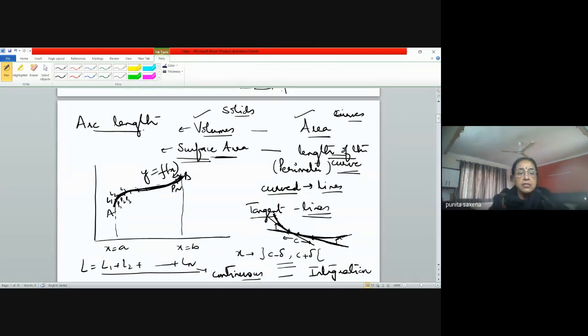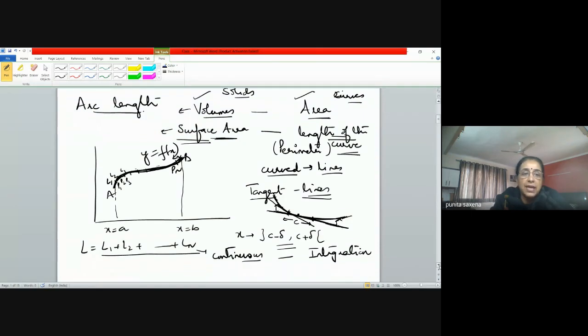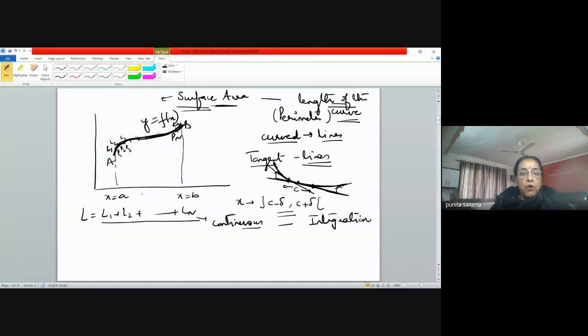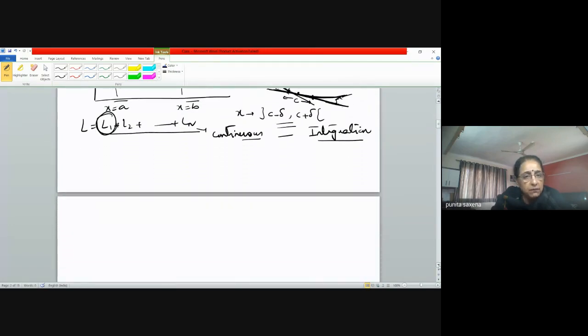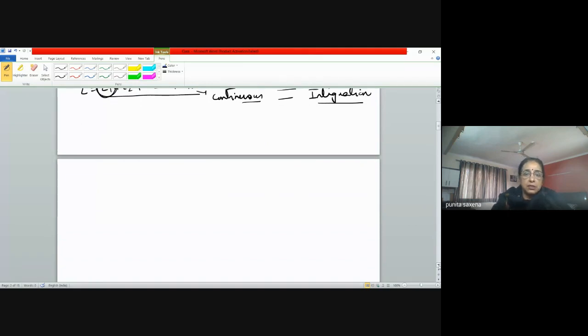Okay. So that means somehow if I'm able to get the formula for one such L1, okay, then what do I have to do? I just have to integrate from where? A to B. Okay, so using this logic, the formula to obtain the length of the curves has been derived. I mean, we don't have to go into the derivation part. We can just directly summarize how to obtain the lengths.